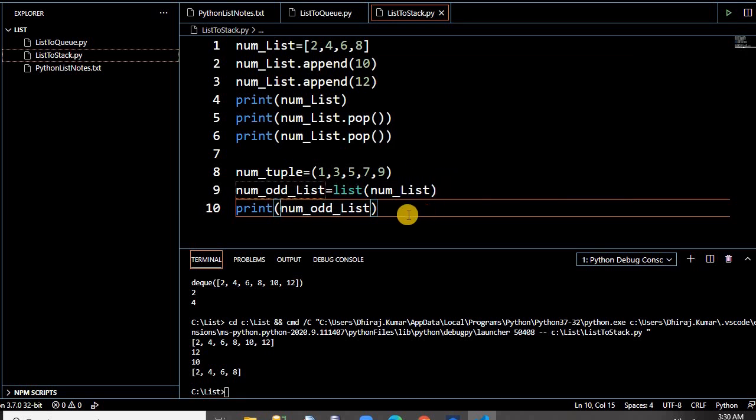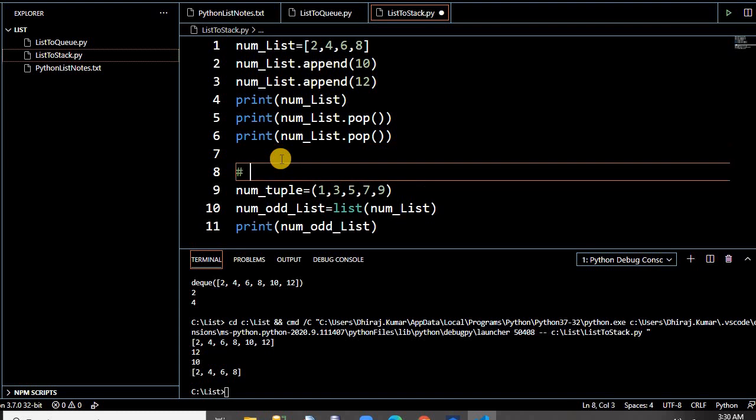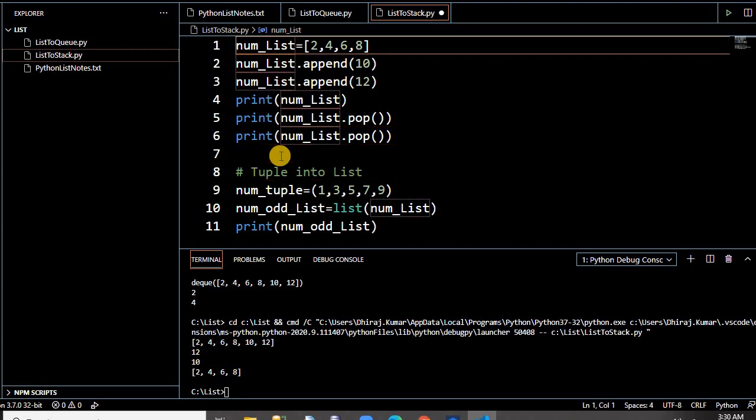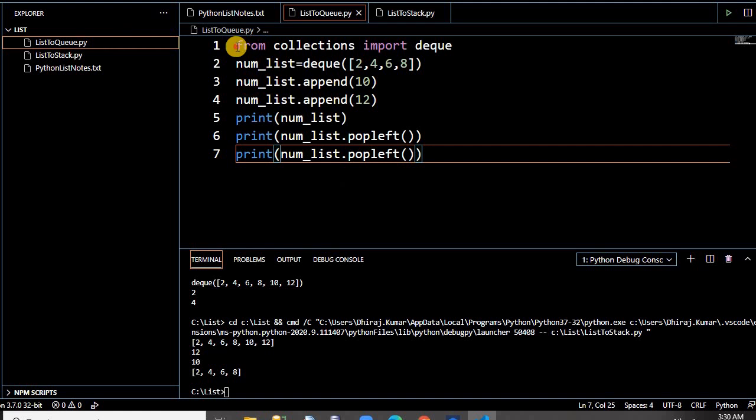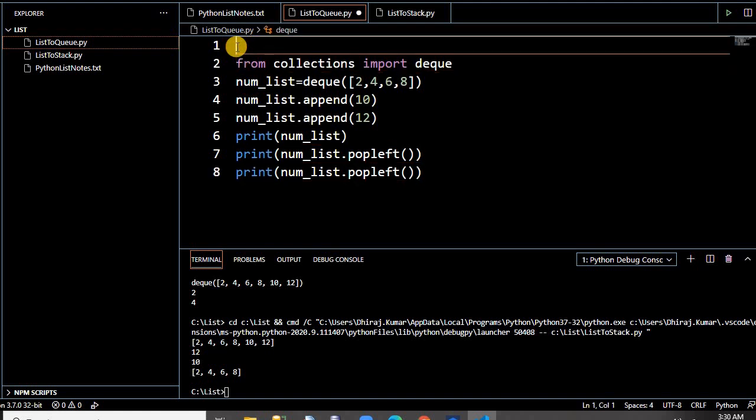If you want, you can check the type also. So this is a simple way to convert a tuple into a list. This is the example of stack, queue, and tuple. It's a simple way to convert a list to a queue, a list to a stack, and a tuple to a list.